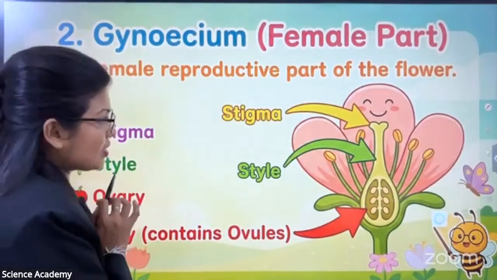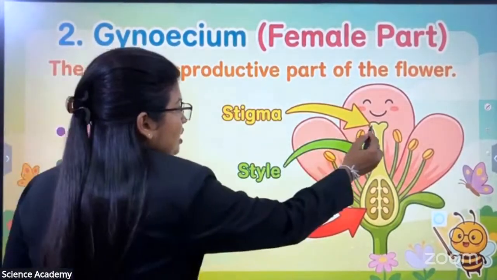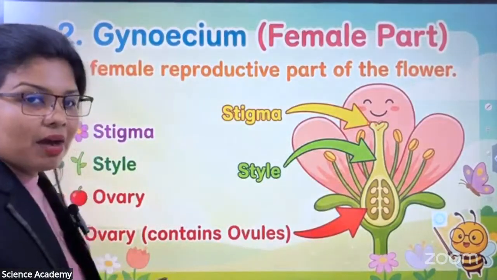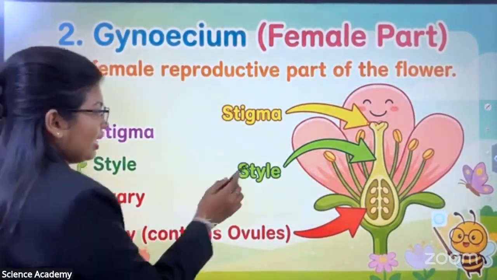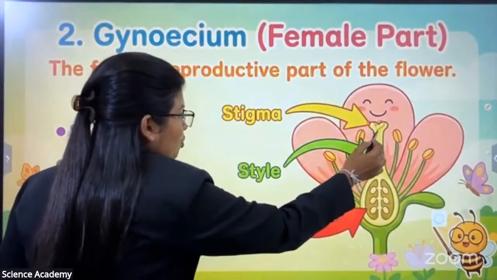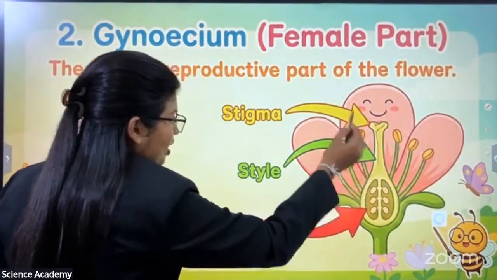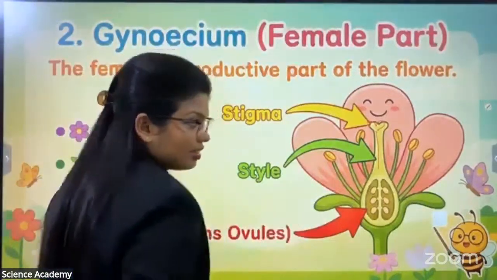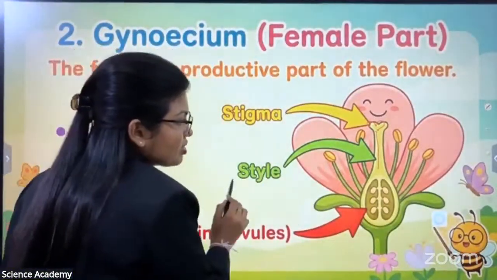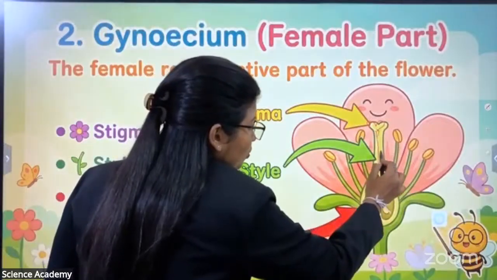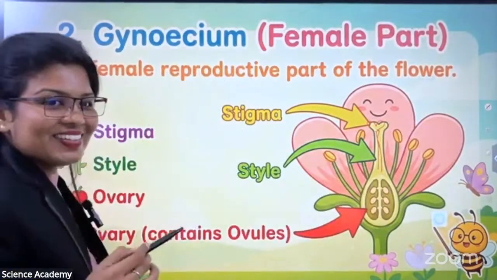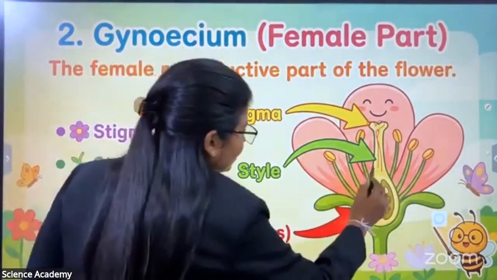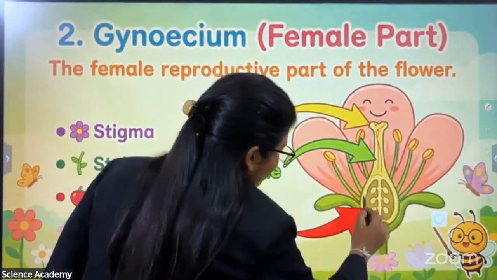This gynecium has basic three parts. The top is called the stigma. Thereafter, this tubular structure is called the style. Stigma, style, the tubular style. Thereafter, this part is called the